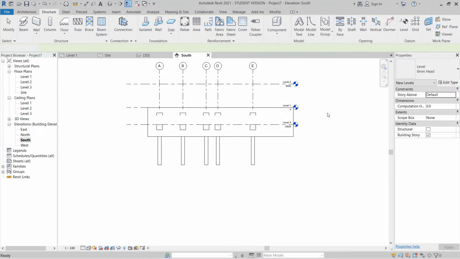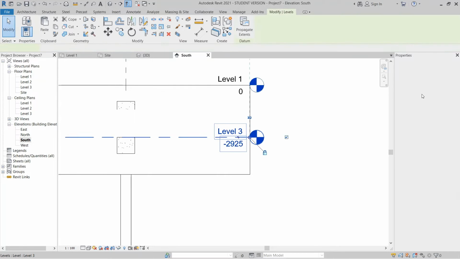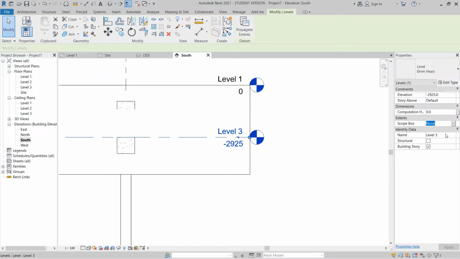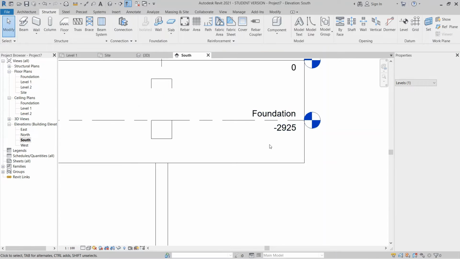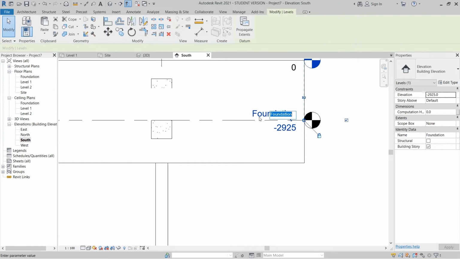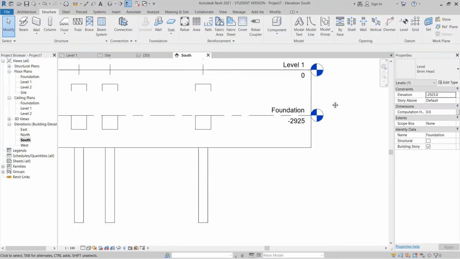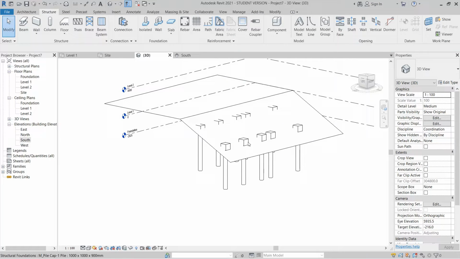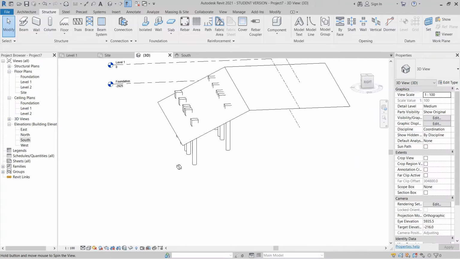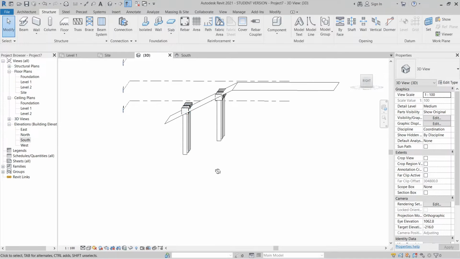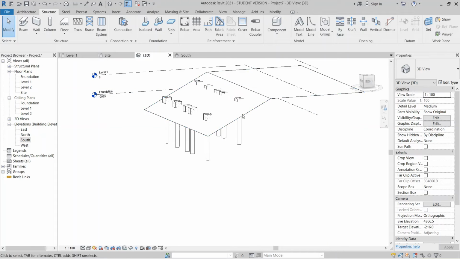Yep, and rename this one for foundation. Hit apply. Okay, here you can click here twice, also can for editing. Go back to my 3D here. Let's take a look. As you can see, now we got our pile cap here, and our topo surface there